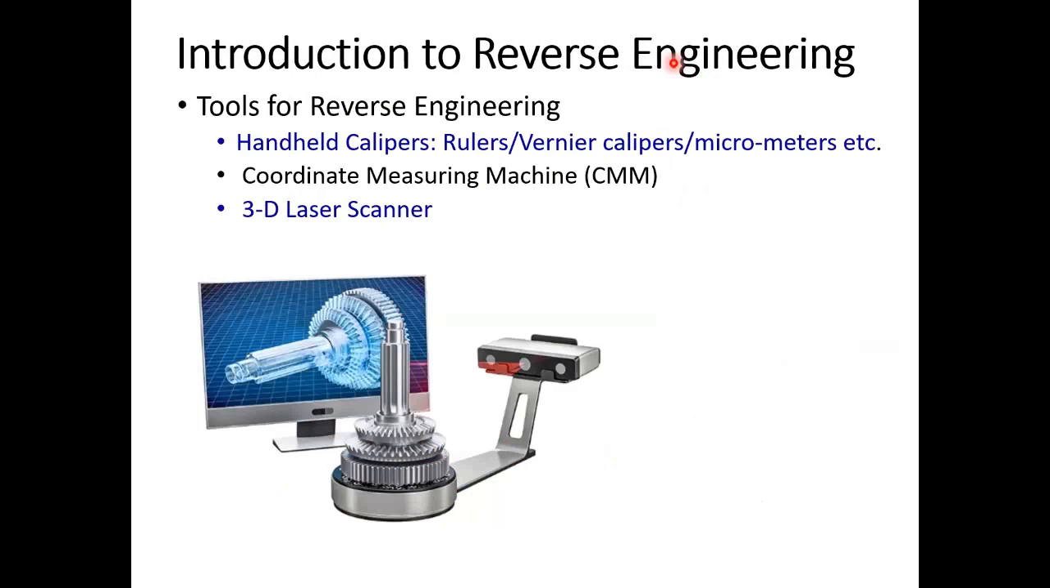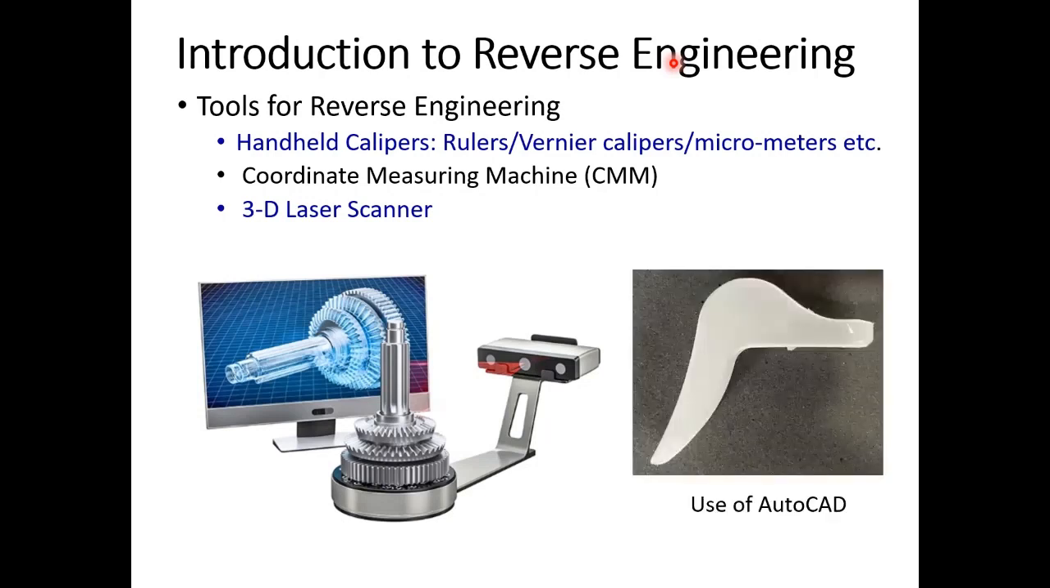So the tools that we use for reverse engineering, mostly, we could use handheld measuring devices, the rulers, vernier calipers, micrometers, etc. Or we can use more sophisticated measuring machines like coordinate measuring machines, particularly when the geometries are too complicated. And also in present day, we have 3D scanners, so we can scan the object and take that object into a computer model. Or in a simple approach, you can export a picture of the product or the component